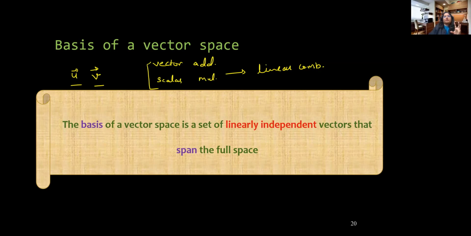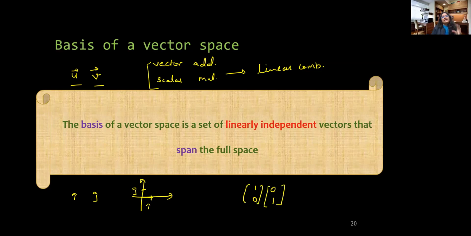If it is too abstract for you, let me tell you that the standard basis vectors are i and j for two-dimensional Cartesian space. I have discussed i and j in the first video: the unit vector in the direction of the x-axis is i and the unit vector in the direction of the y-axis is j. So these two are the vectors which can define all the vectors. By using suitable scalars and linear combination, we can reach every point in the space. So these are the standard basis vectors. The coordinates become 1, 0 and 0, 1. These are the coordinates of these vectors.